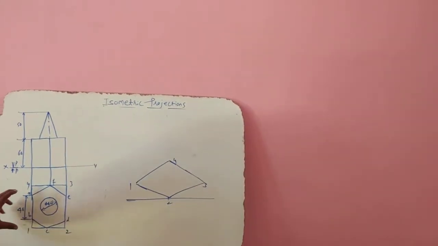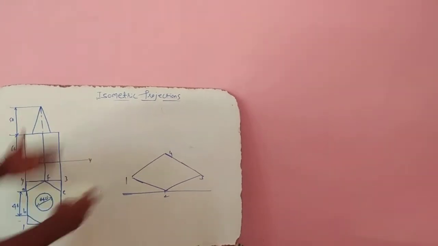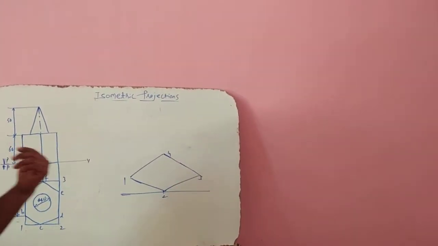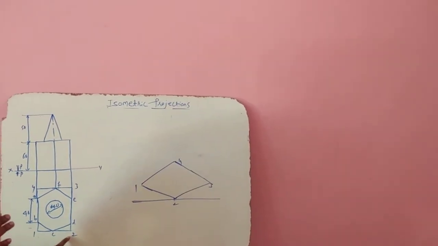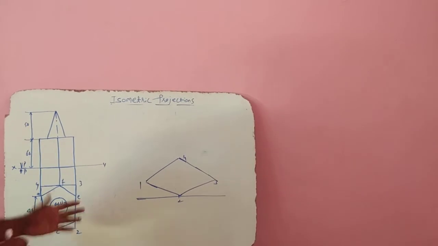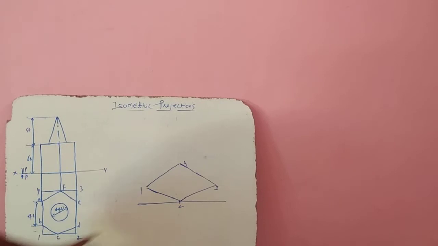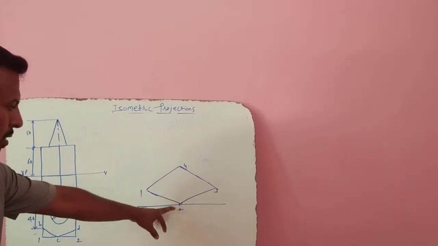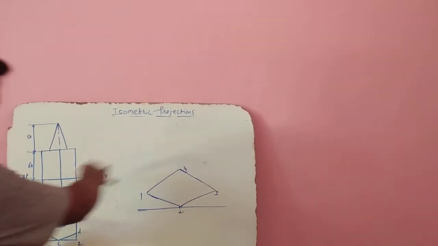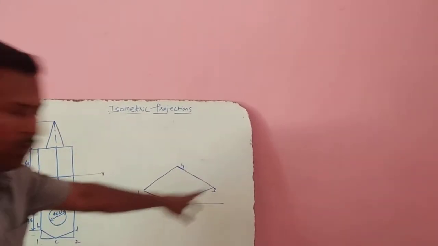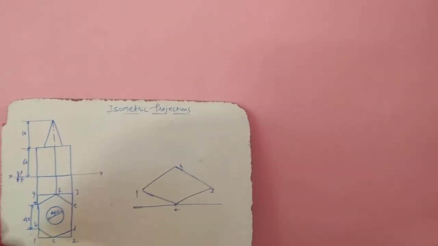Instead of placing it like this, I'm just going with the solution as given in your solution book. You can place it in any way, because the problem does not give any condition. So let's follow the solution given in the solution book. For that purpose we write corner 2 here, and you just imagine I'm rotating the figure like this. If 2 is here, 3 will be here, 1 will be here, and we have to get the corner 4. That I have already explained.